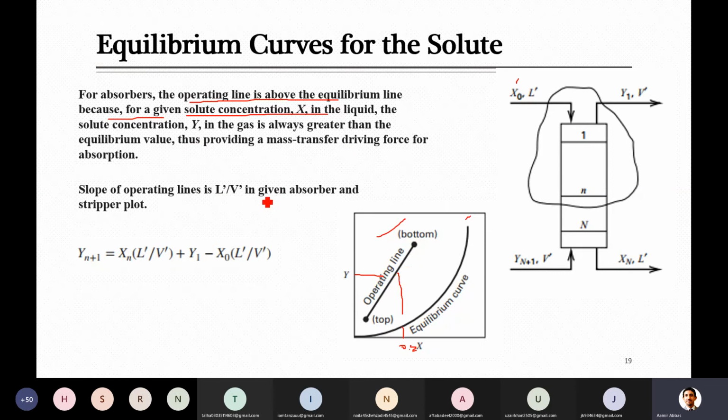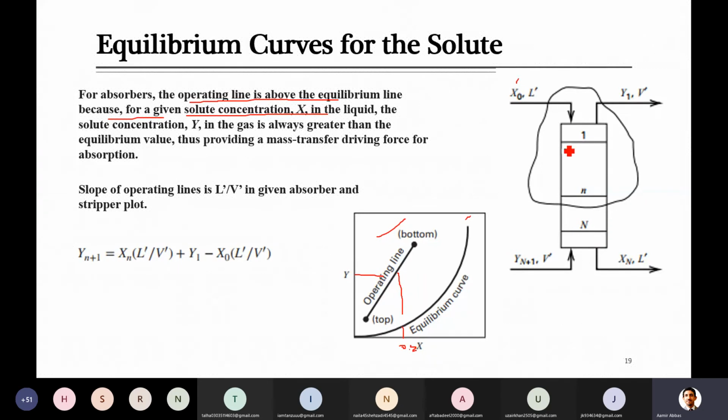Due to this, whenever you look at this, the operating line will always be above the equilibrium line. Your system will try to move towards equilibrium, because if the amount of solute in the vapor is higher than in the liquid, they will try to come close to each other, and you will be moving at each plate. You try to reach equilibrium between vapor and liquid, but when the vapor reaches the plate above or the liquid reaches the next plate, that equilibrium has changed, because on that plate there will now be a new equilibrium value.